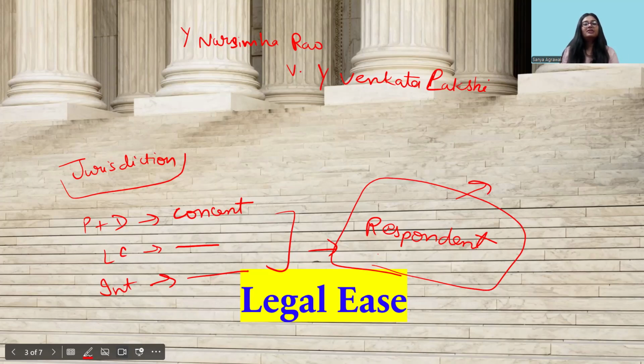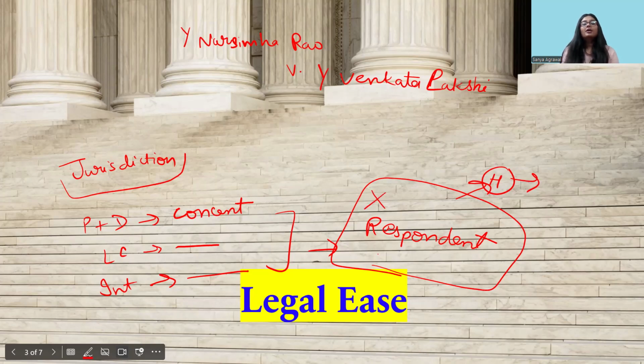Similarly, they have also said that whenever a fraud is proved, then the decision will become invalid, even if the fraud is related to the jurisdiction. So, for example, in this particular case, there was a divorce suit between husband and wife, and the husband fraudulently proved before the court that his wife lives in a particular area, and that is why the court has the jurisdiction. While the wife did not live in that area, so the court did not have the jurisdiction. Therefore, this person acquired the decision of the foreign court by fraud, and that's why the decision was considered invalid in India.